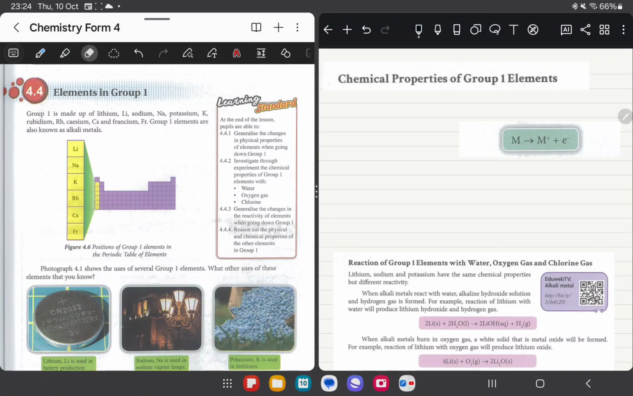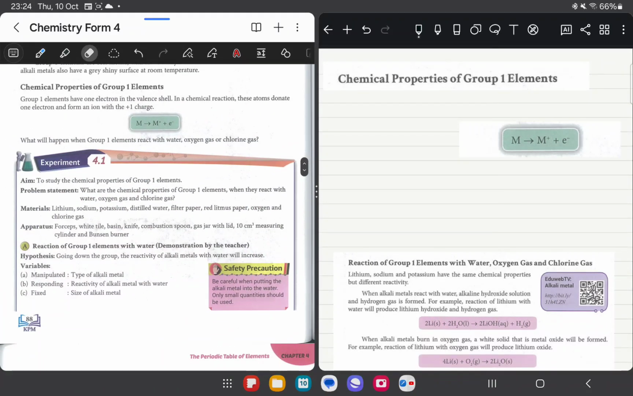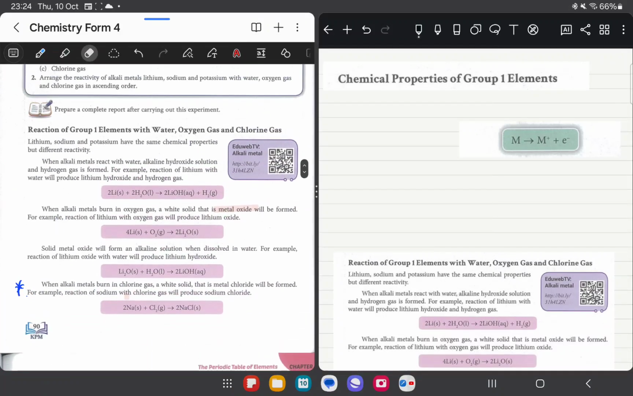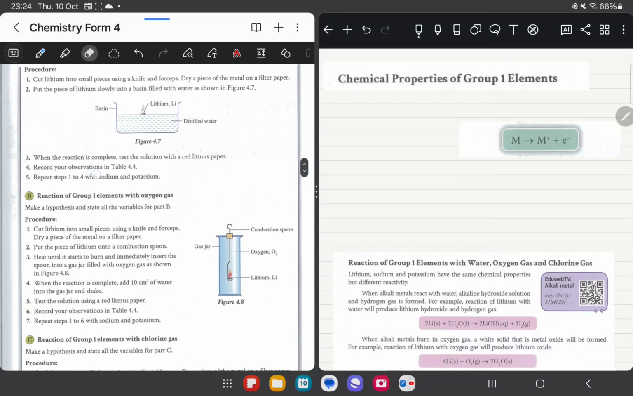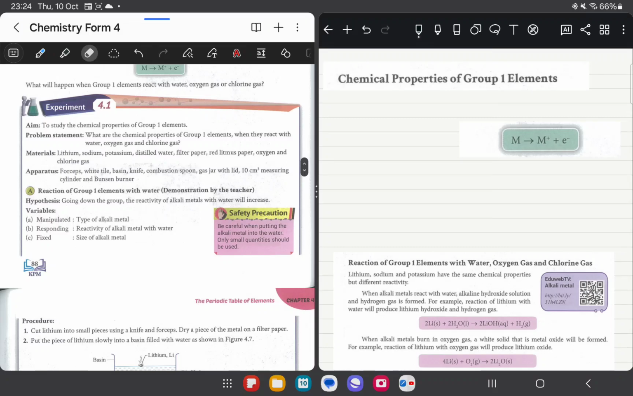So this is a new video for 4.4, elements in group 1, for the chemical properties of group 1 elements. For this particular video I'm going to talk about the summary of these group 1 reactions. In the upcoming video I will discuss experiment 4.1 part by